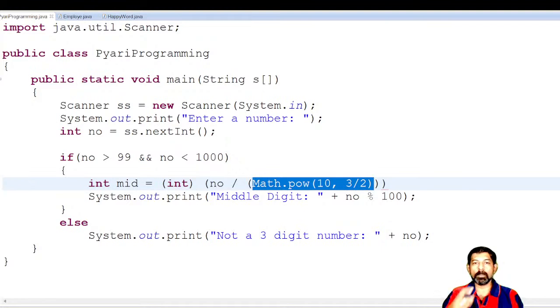Double value Math.pow. Okay, after that I will say modulo 10. Am I clear to everyone? Now here I am saying